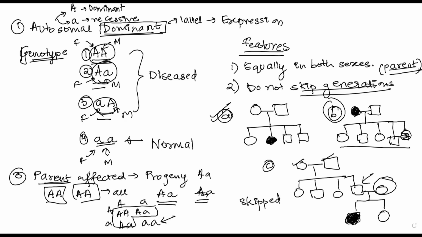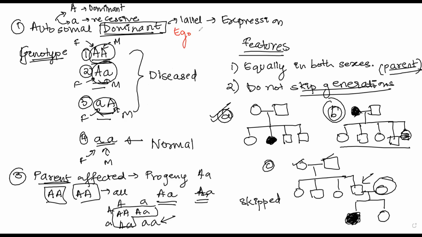Two main distinguishing features that we have seen. First one, they will be equally distributed if it is an autosomal trait. Second thing that we have noticed is that they do not skip a generation, the dominant trait. Now, it is important to understand a few examples of diseases that follow this trait, because if in the exam they give you the question that this is the disease, you will be able to answer.